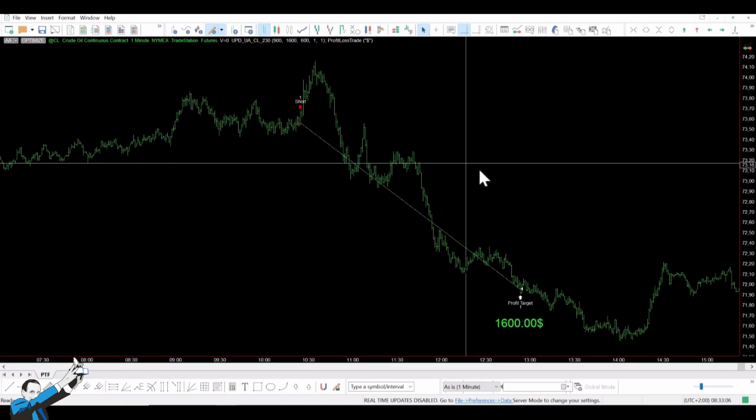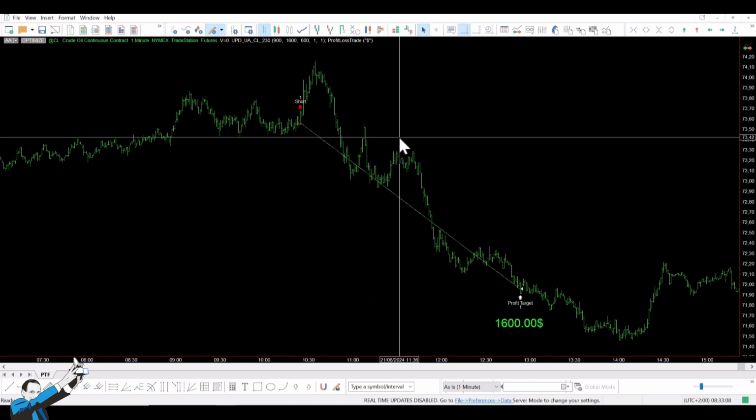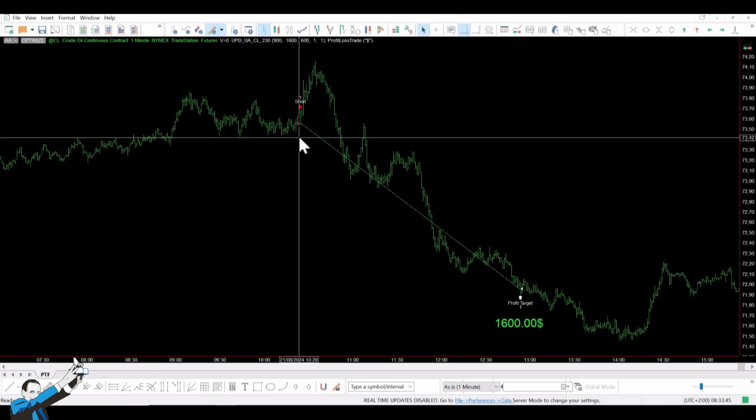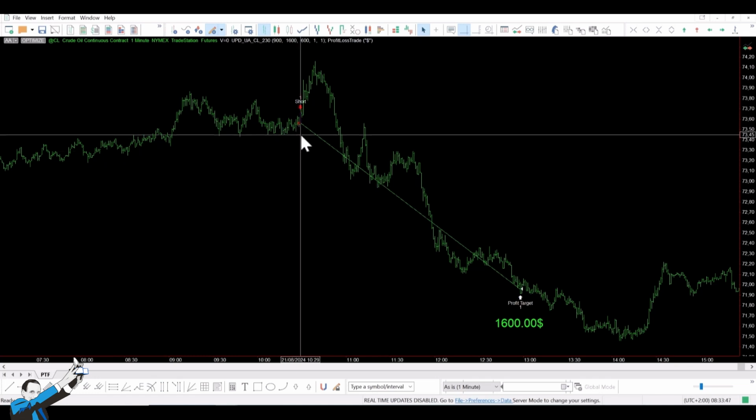To really understand this strategy, based on the weekly oil inventory data, you need to know a bit about the event. Every Wednesday, the Energy Information Administration releases a report on US oil inventory changes. It's a big piece of data that can cause big price moves, and we want to take advantage of that with this strategy. Since the data is released at 10:30 a.m. New York time every Wednesday, the strategy is focused on this specific time window.